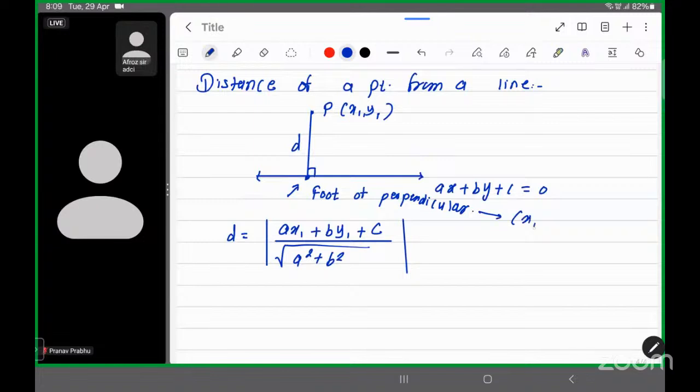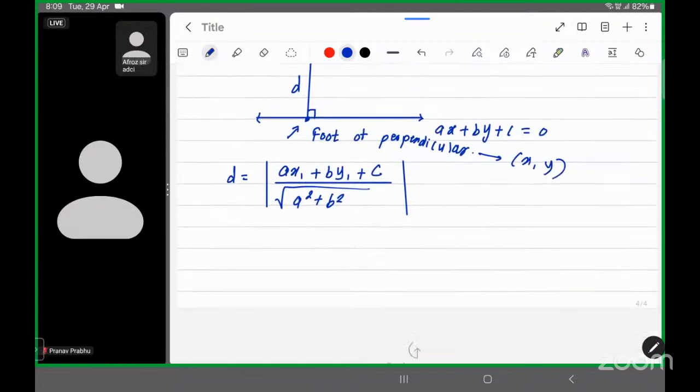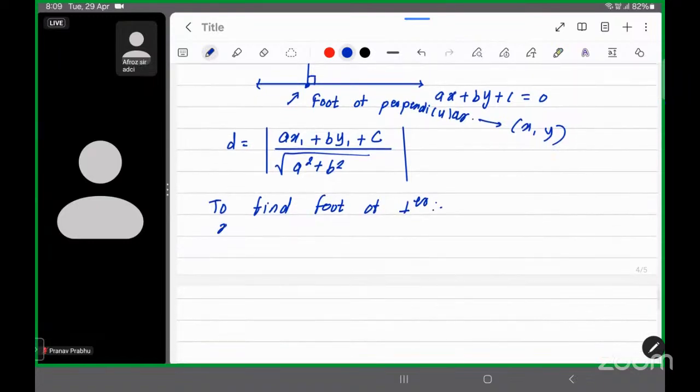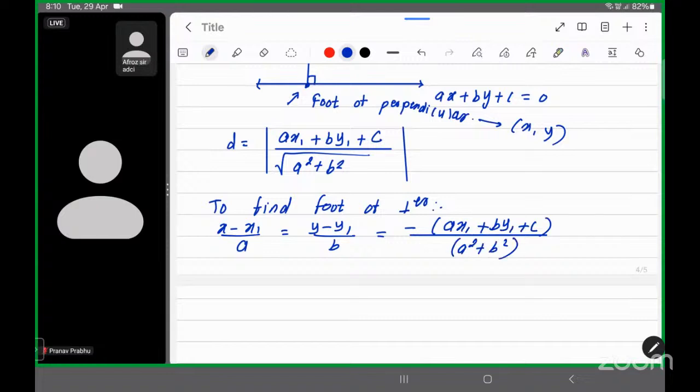Let's see, the foot of perpendicular is (x, y). Now, to find the foot of perpendicular, we use this simple trick: (x minus x1) upon a is equal to (y minus y1) upon b is equal to minus of (a x1 plus b y1 plus c) upon (a square plus b square). This is the formula